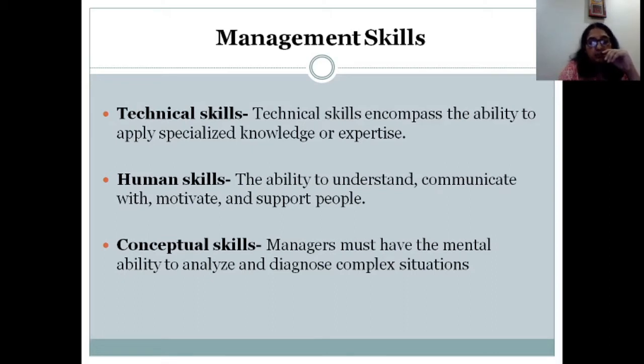Thirdly, the conceptual skills. These skills are considered higher level skills, which usually come through experience. So, the conceptual skills mean that the manager should be able to analyze and diagnose complex situations. He should be able to connect the dots and look at the situation from the larger perspective. He should be able to identify alternative solutions for addressing the problem and execute the plans. So these conceptual skills are very important in today's world and every manager is required to acquire them.